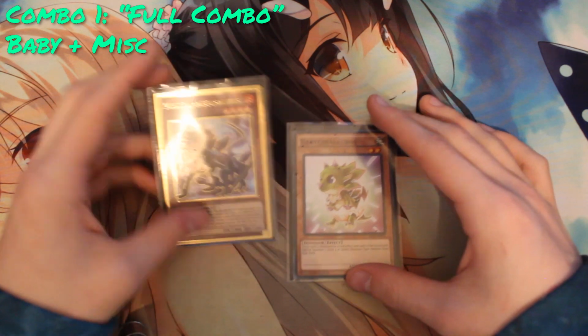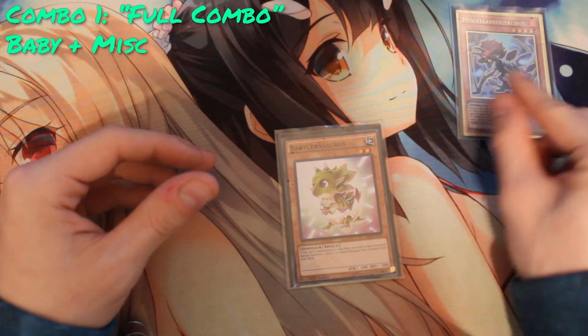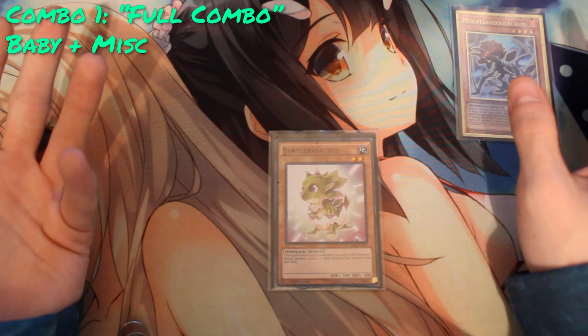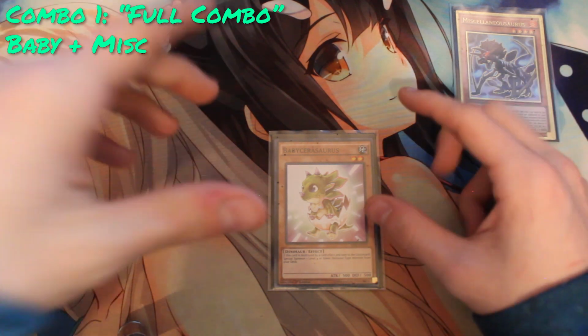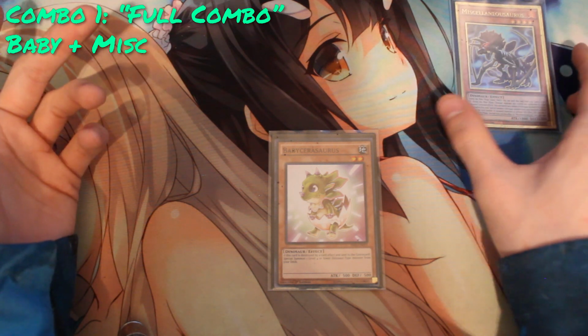So first off, what you're going to do is activate Misc. Misc is going to add blanket protection to all your guys on field. Unfortunately, not in your grave, which a lot of people still don't seem to understand, which is really weird. That's probably why they want Misc to stay at 1 or to get banned. But you're going to start off by activating your Misc, leaving your guys unaffected by your opponent's activated effects this